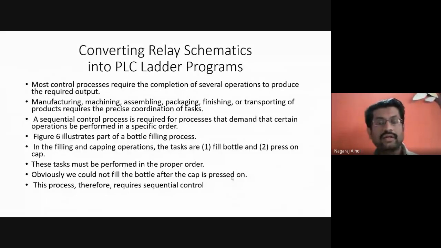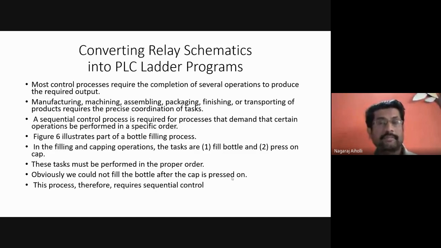Now, if different processes are to be completed to get the output, which are these processes? The processes may be a manufacturing process, right? After the manufacturing process, it may be required to assemble the goods. Then it may be required to finish the products. Then machining may be required on some of the products.